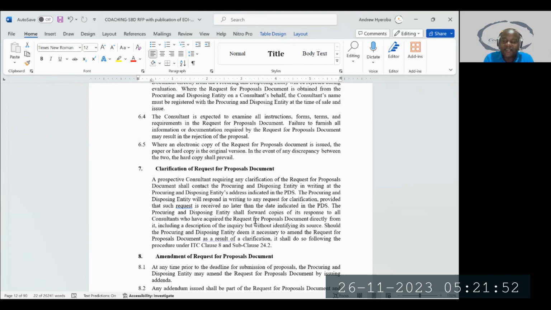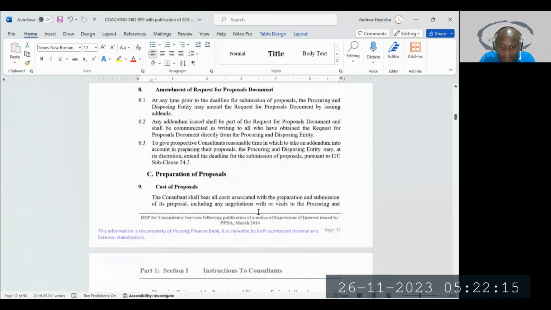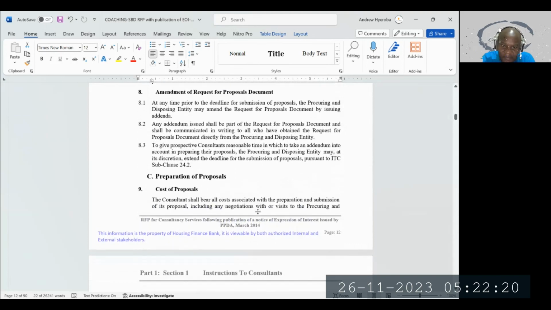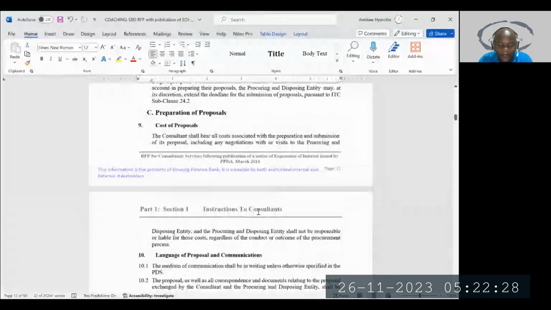The PDE is the procuring and disposing entity. So keep that at the back of your mind if you want to do government procurement. Again, it's very important. Otherwise, you'll get lost and you'll get caught somewhere along the way. Okay, after this break is when we shall go into the document, the actual writing. A lot of noise from me, a lot of verbosity, a lot of words, but they are very critical elements in this proposal